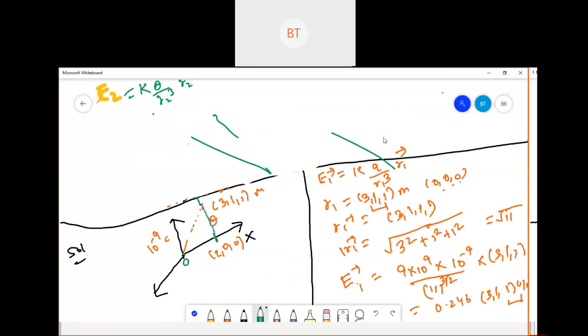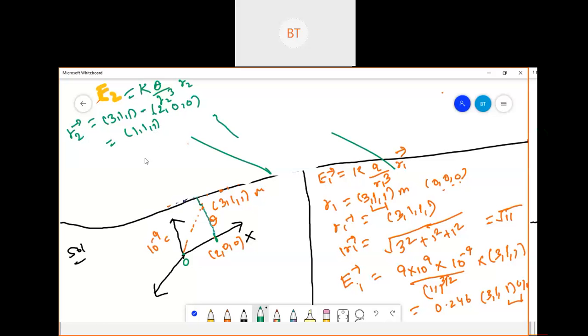So into R2, I'll substitute the value. The R2 vector we needed to calculate will be 3, 1, 1 minus 2. The other coordinates, if you see in the question, were 2, 0, 0. So head minus tail. Since it is positive, I'll write 2, 0, 0 and subtract from those. So what I will get here is 1, 1, 1.